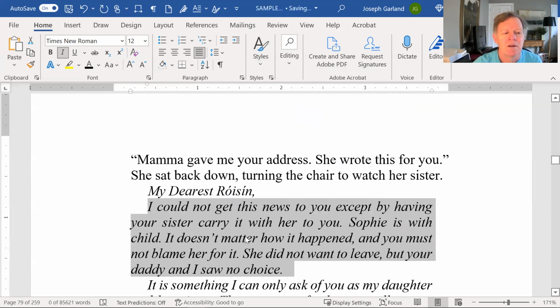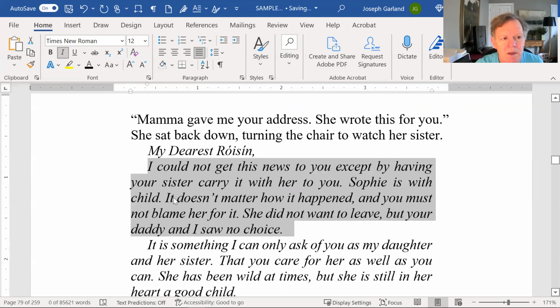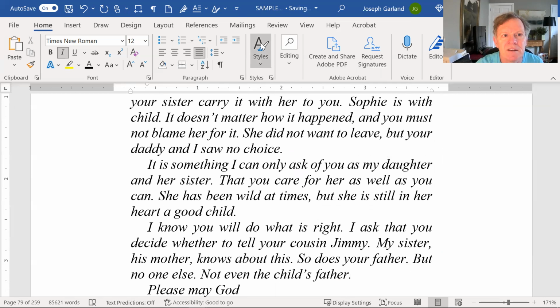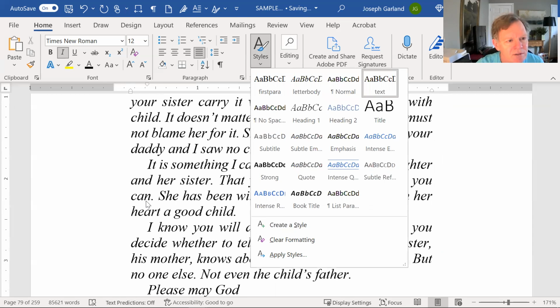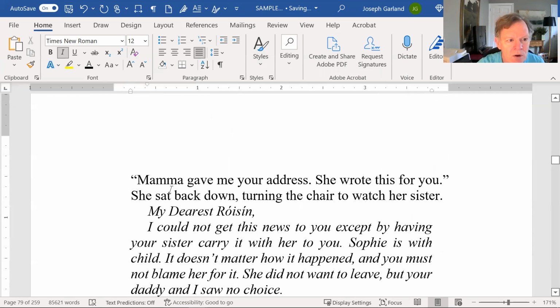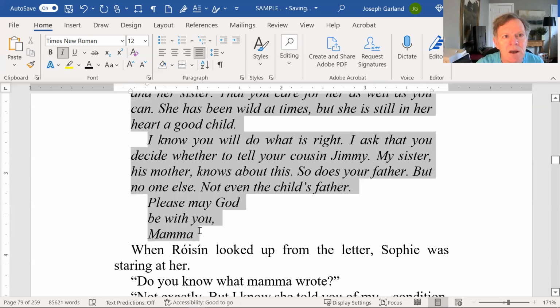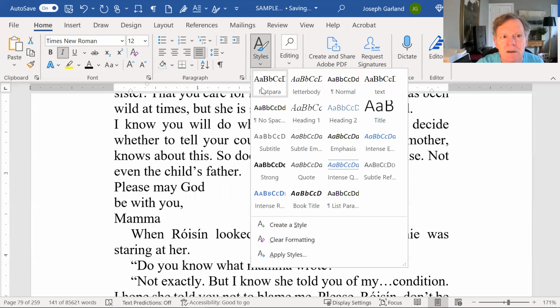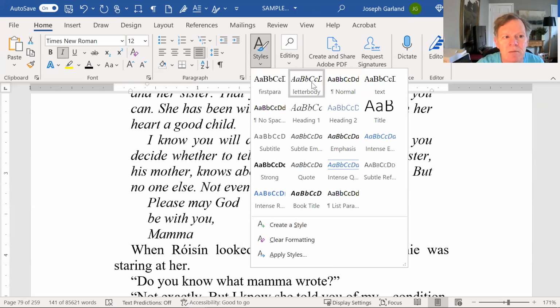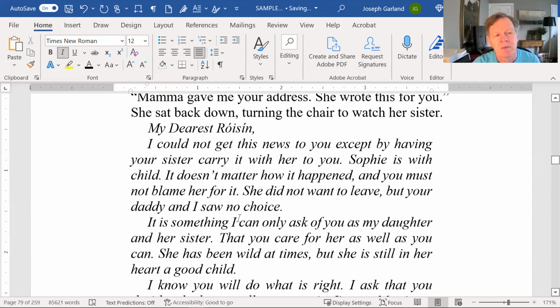Okay, now. Okay. Now, if you look, this here is not letter body. This is still text. So I have to do exactly what I did before, but I can do it all in one swoop. I can take this entire letter, boom, and I go to styles and letter body. Okay, now,